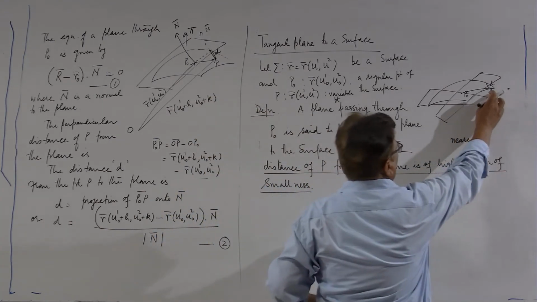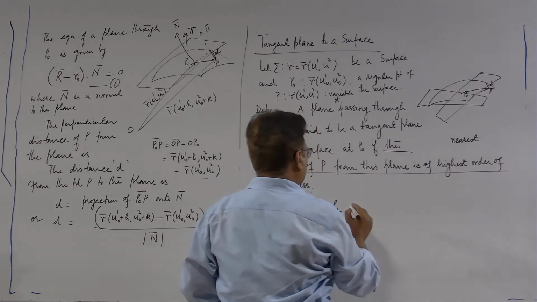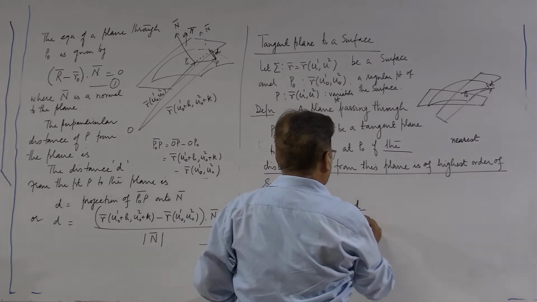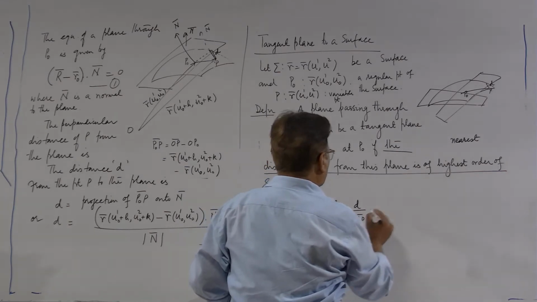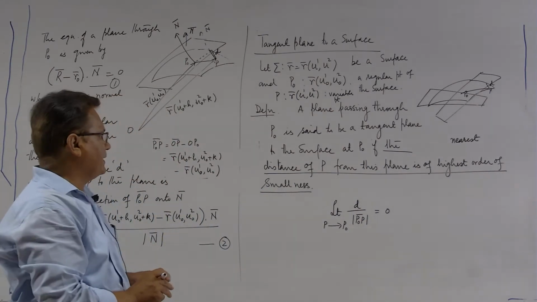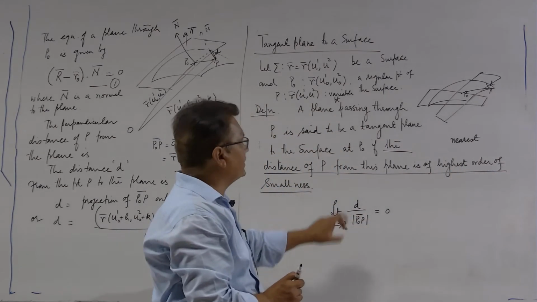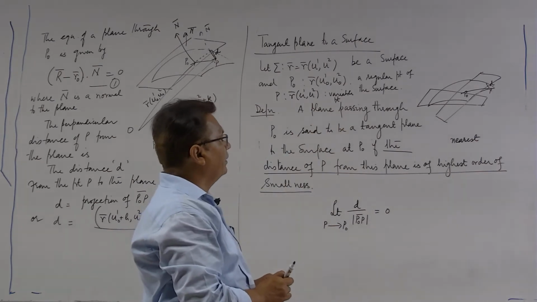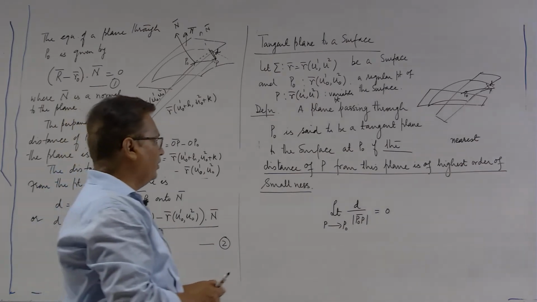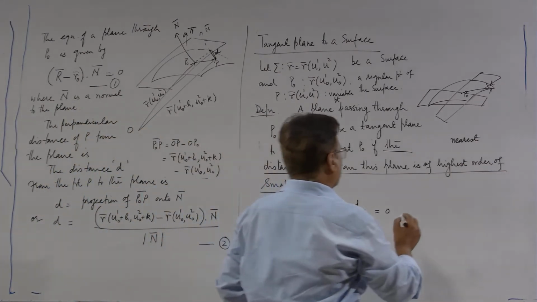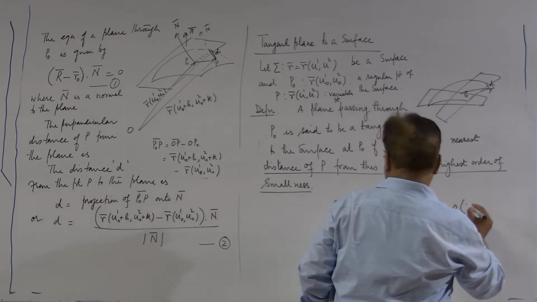This means if the distance of the variable point from the tangent plane is d, then what should happen is that limit d upon the distance between p0 p, when p tends towards p0, must be 0. When I say that the distance of p from the plane is of highest order of smallness, I actually mean that the perpendicular distance of an arbitrary point from the plane should go towards 0 faster than the straight line distance p0 p, when p moves towards the point p0. Or I can equivalently say that d is of the order of p0 p,